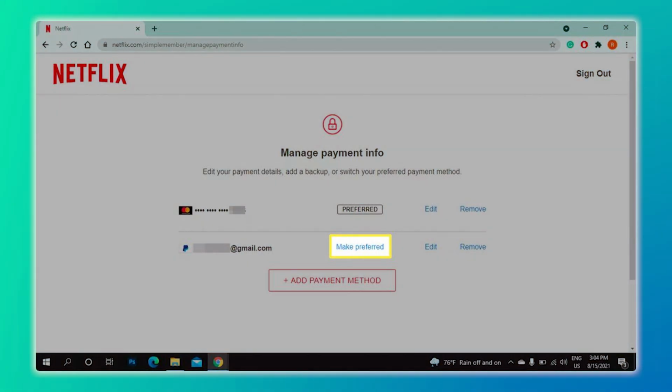Once the new payment method is added, you will have the option to make it your preferred payment method. Click on the button that says Make Preferred to set it as the main option for your account. If you no longer want to use your old payment method, you can remove it by selecting the Remove option